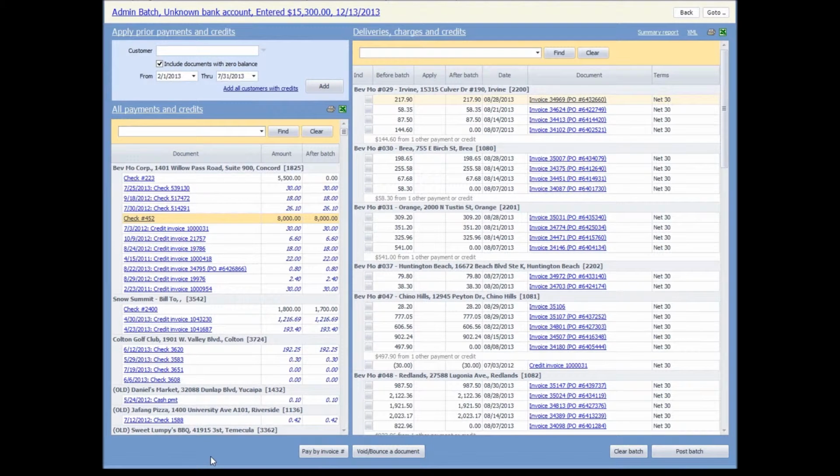The final way to apply payments and credits is the Pay by Invoice button. You'll notice the Pay by Invoice button down here below section 3. When we click on this,